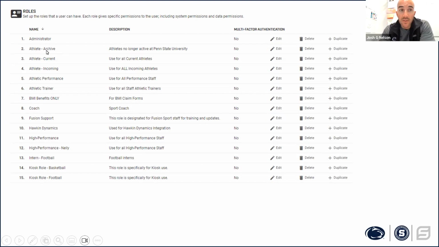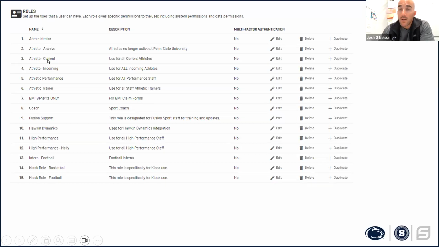Athletes that are archived will certainly no longer be at Penn State University, but they don't need access to much of their information, essentially virtually no information. So their roles would have minimal permissions or system and data permissions within the system. They don't need to put in information. They don't need to view information unless something comes up later on down the line.